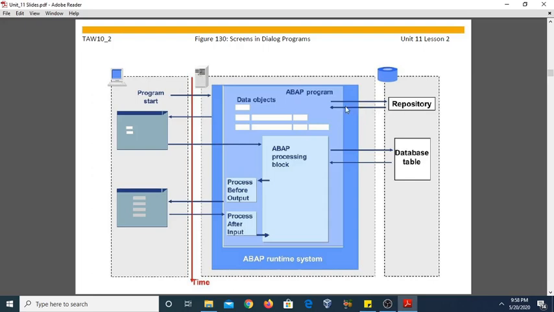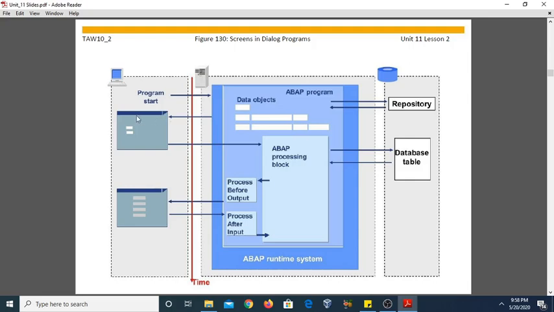Here the context means the field labels, the field sizes, and other content that is directly loaded from the repository. So when it loads from the repository, it prepares space for the program data objects in the main memory. Then the initial screen is displayed.